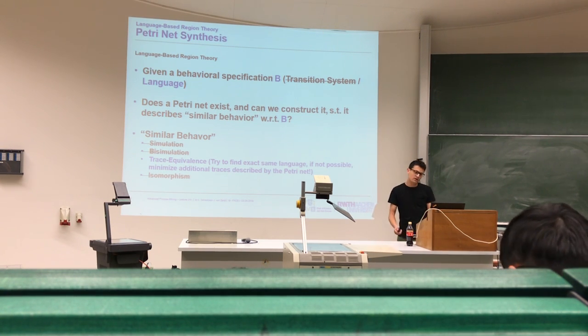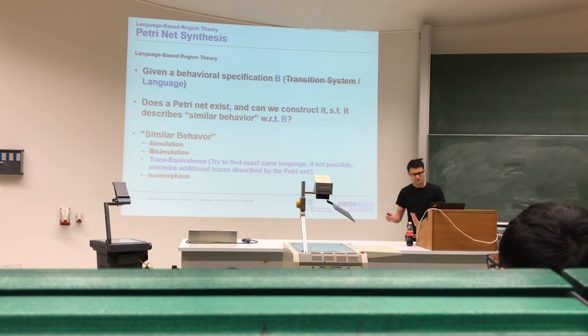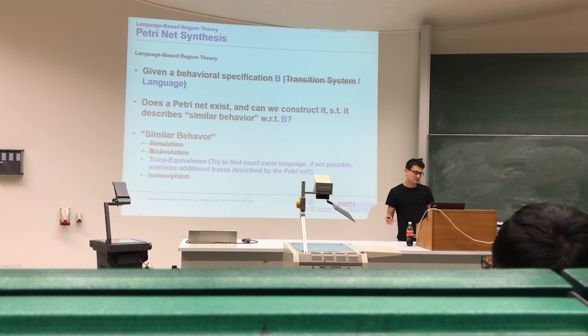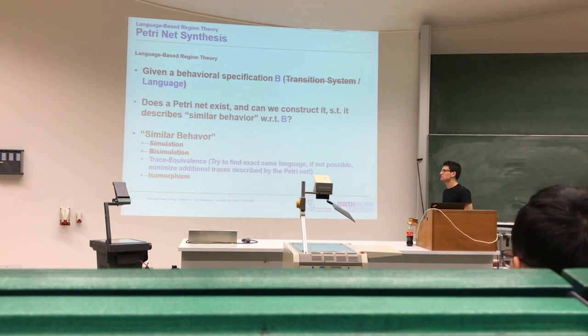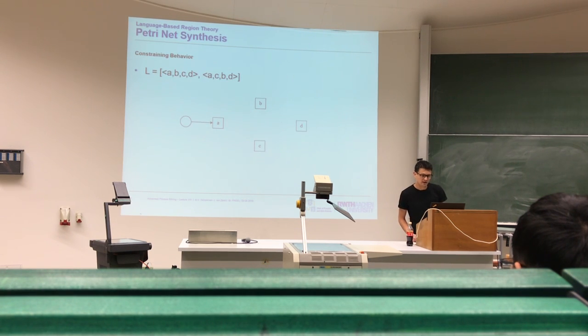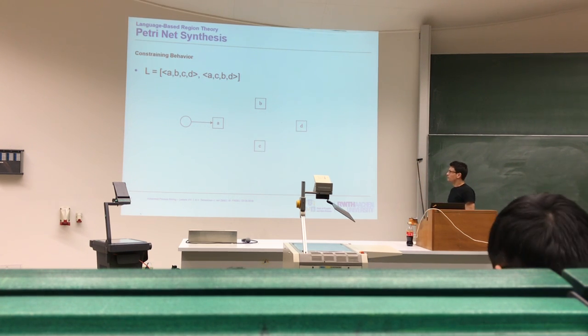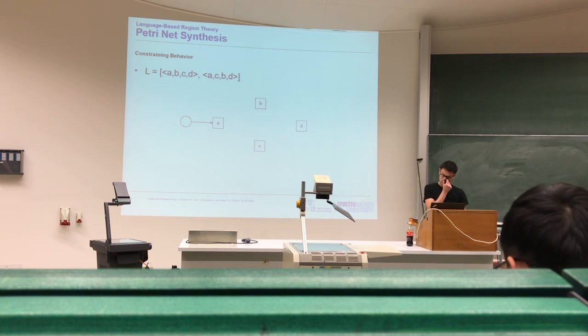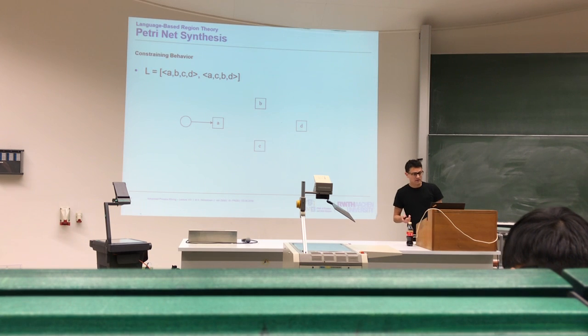So in some cases, we're not able to find a Petri net that is going to give us the exact language, but then we want to minimize the additional behavior described by the model that we find. And to explain this region theory, I start with a little philosophical idea: that if we have this event log describing A, B, C, D, and A, C, B, D, then